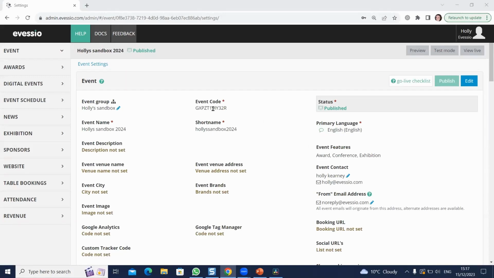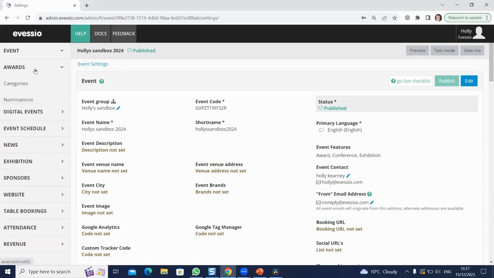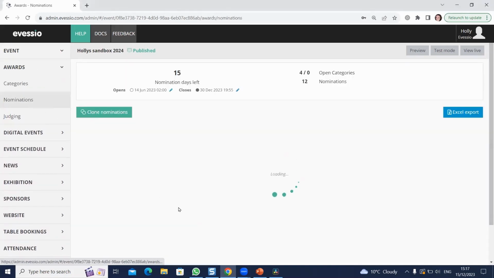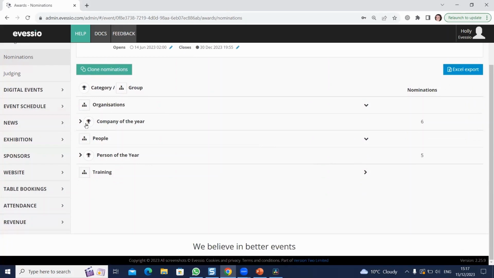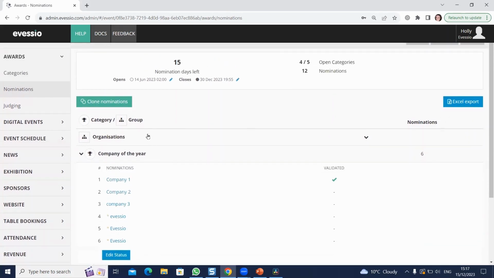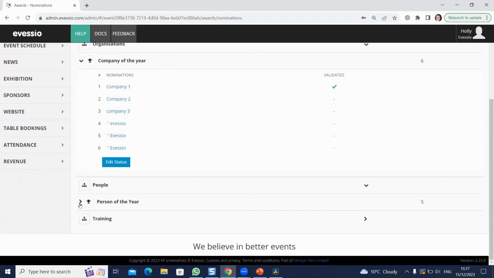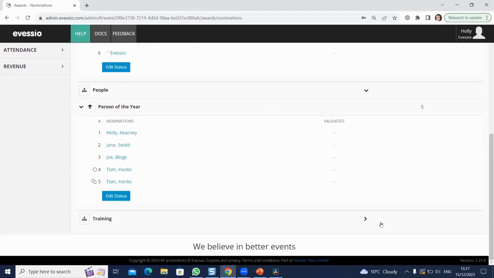First off, to see your fully submitted entries, you can do so by going to Awards and Nominations. Here you will see all of the categories with nominations present. So that is to say, if you have a category that hasn't received any entries yet, you will not see it in this view until it has received at least one entry. So you can see a list of all of your nominations,